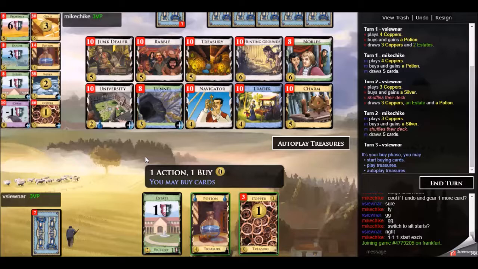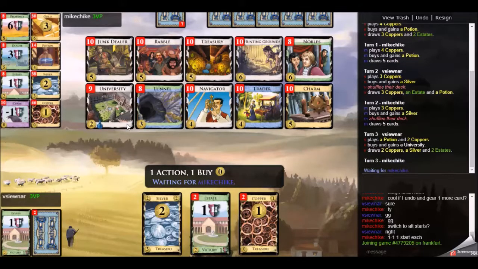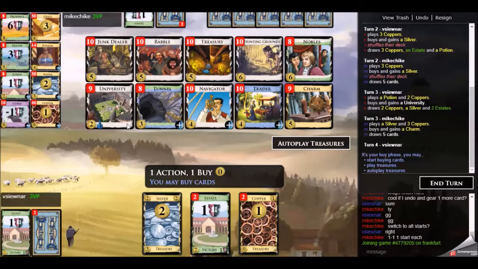to go for this draw-your-deck style engine. I also briefly looked at Tunnel at the opening. There was no real way to trigger Tunnel except for Navigator, but that you play in real games if you try to build some kind of Navigator Tunnel thing,